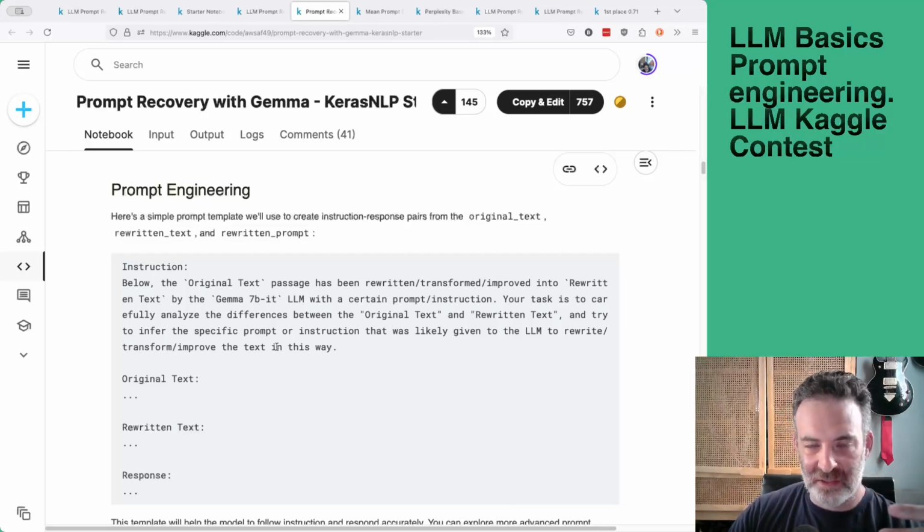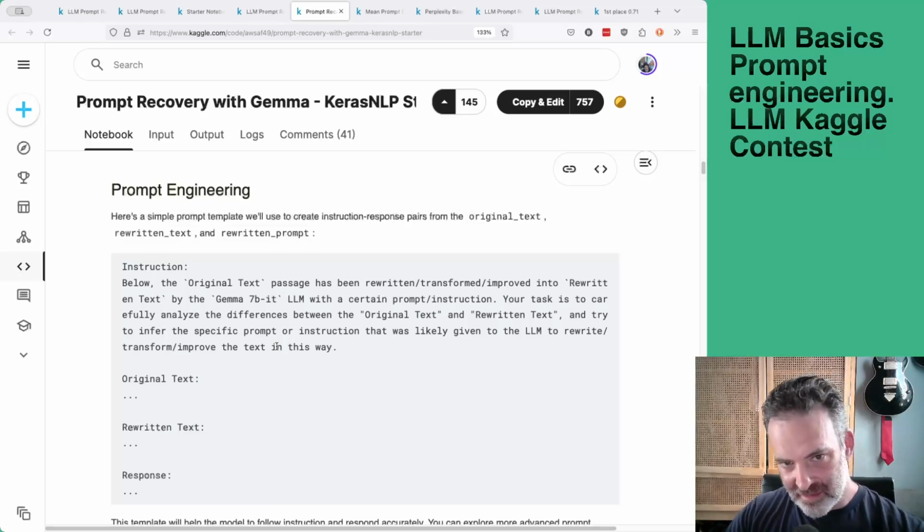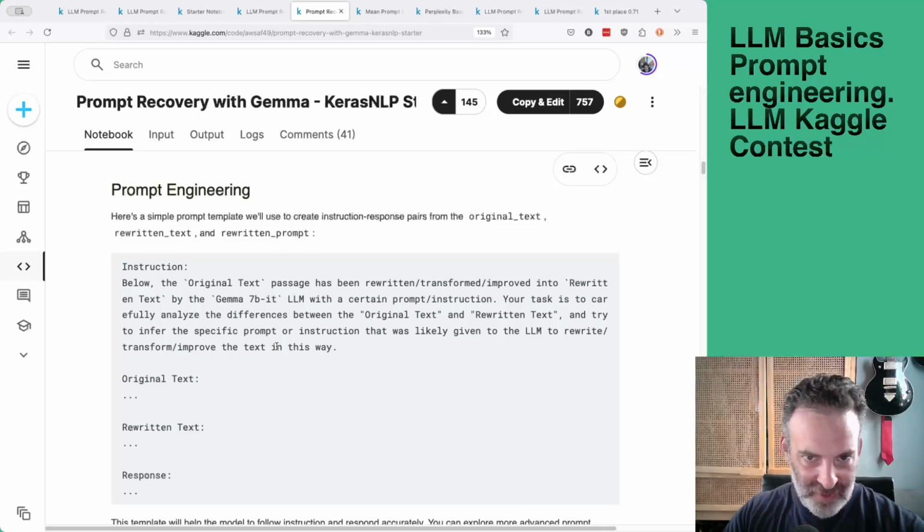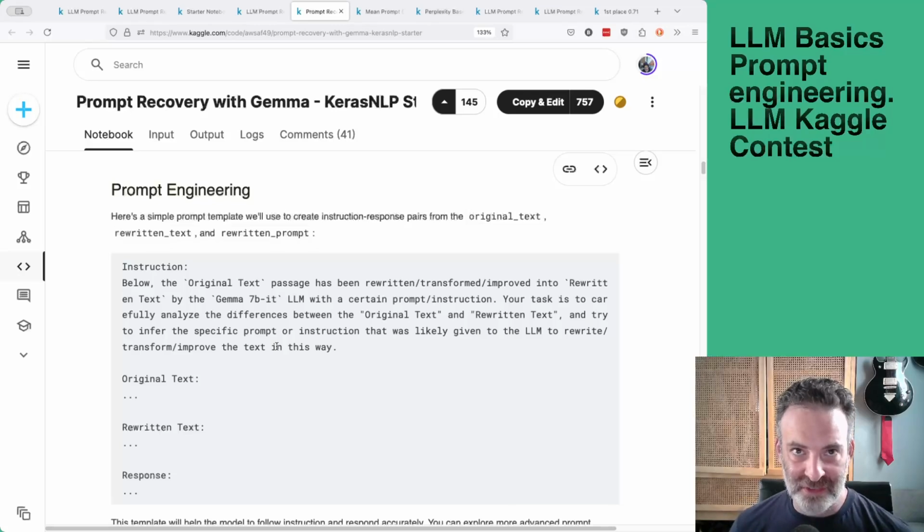Keep in mind, the way a causal LLM works is it tries to predict simply what the next word is in the sentence. So if you ask it a question, say, what is the average temperature in New York City? It's not necessarily going to answer that. It's maybe going to ask another question, or expand that question, because it's just trying to guess what the next word is, and the next word isn't necessarily the answer.